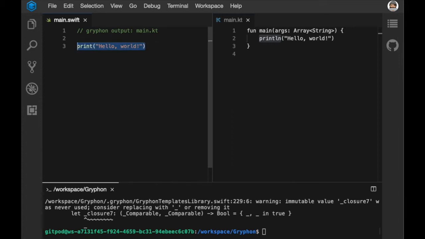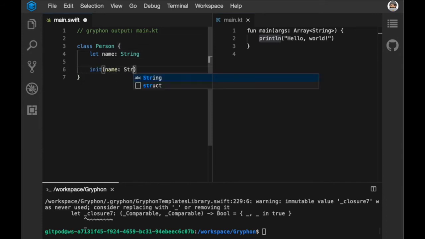Let's say that we want to create a class, and we're going to call our class person. We're going to give our person a name as a property, and we're going to create a constructor that takes a name as an argument and assigns that argument to the property. Okay, pretty straightforward,